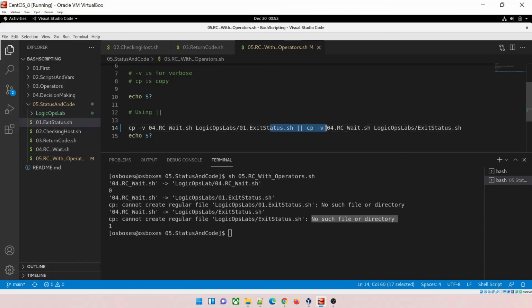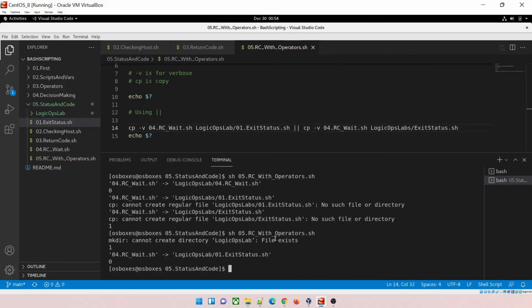So both the conditions have not been fulfilled, which means that exit status should be 1 because there is an or. But if I give lab over here, one of the conditions is fulfilled and it will run perfectly fine. Now if I run it again, it says it cannot create the directory because the file already exists, which is this folder already exists. Now it has given the status of 1. I hope you guys have understood it because it has failed.